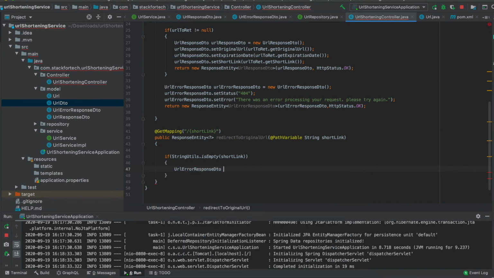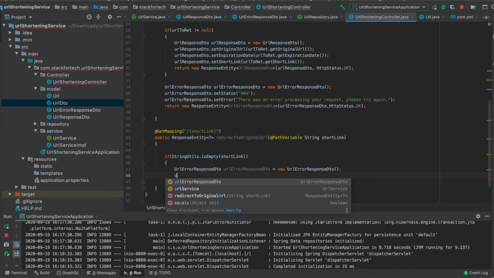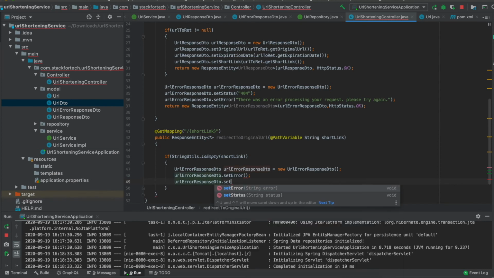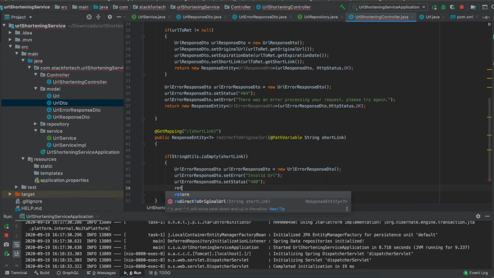So URLErrorResponseDto, set error, and let me just put it as Invalid URL, and we will return this. I'll just copy it from here.